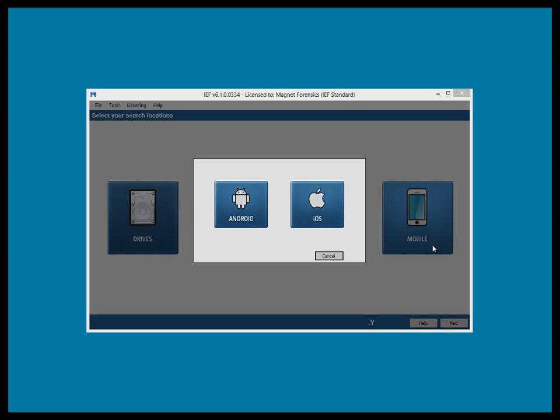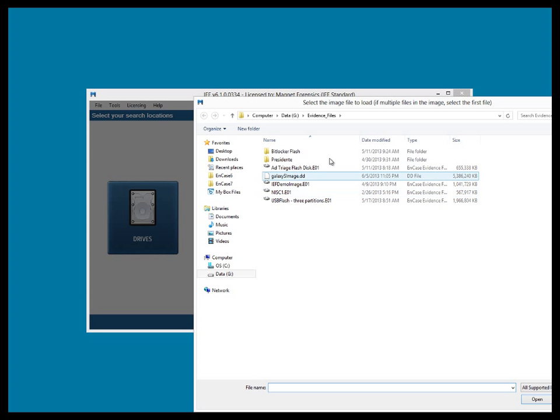Are we going to process an Android, or are we going to process an iOS device? So in this example, I'm going to process an Android phone. So I'm going to click on Android, and I now get the second UI asking, is this going to be a file dump or an image? So in this example, I'm going to provide it an image, a physical image that was acquired through Cellebrite. And I'm going to say Images, and a dialog box is going to open up to where you can navigate to where the image is stored. In this case, this Galaxy S image.dd is the image that I received when I acquired the phone through Cellebrite. I'm going to say Open,